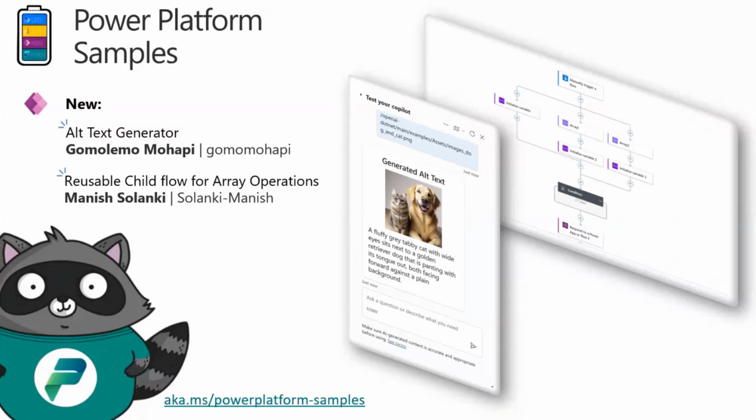The second sample came from Manish Salanki, and this is a reusable chat flow for array operations. Just provide two arrays as input, specify the action you would like this flow to do for you, and enjoy. Thank you so much to our contributors for their efforts and for sharing these samples. I want to remind all of you that all our samples are completely free in this gallery and easy to use. Just follow this link that you can see on this slide and get inspired, learn, use these samples